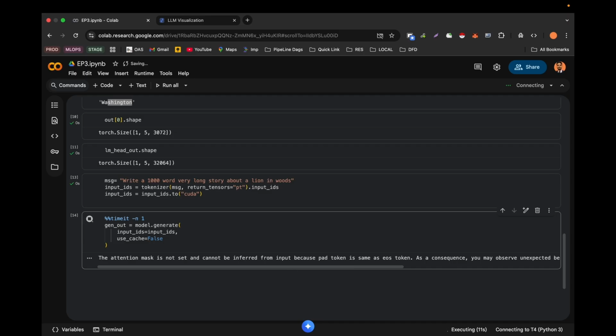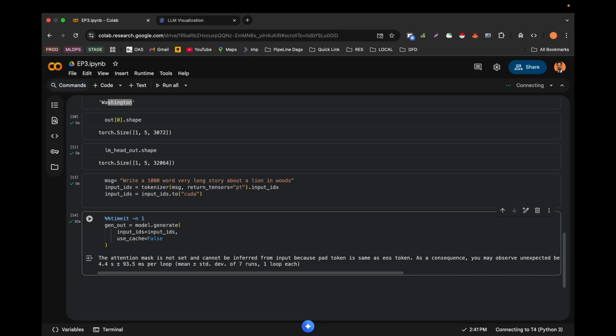And then next we will enable it. We just have to switch the flag. I believe it's going to take some time because it's doing about 7 or 10 runs. Then it says it takes about 4 seconds